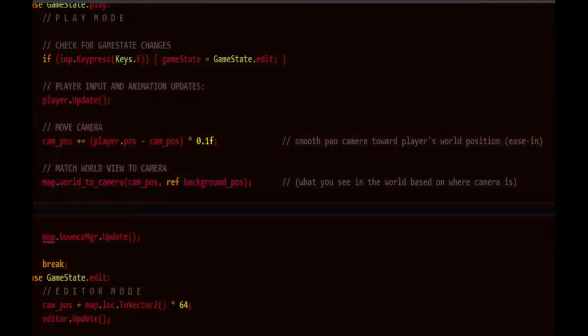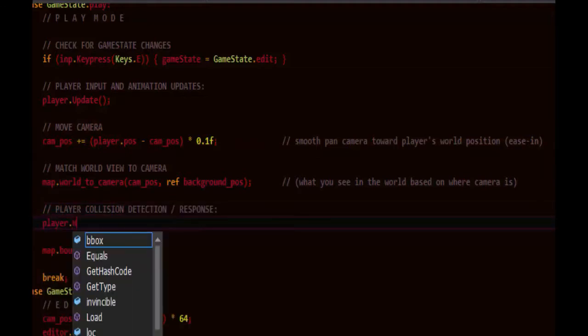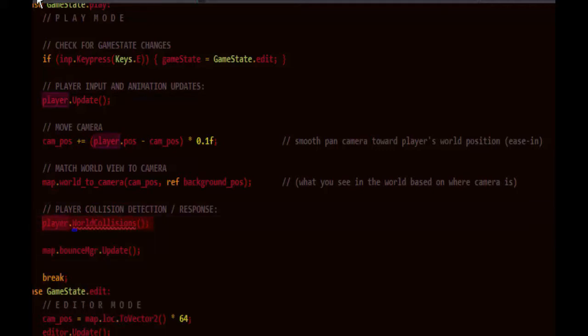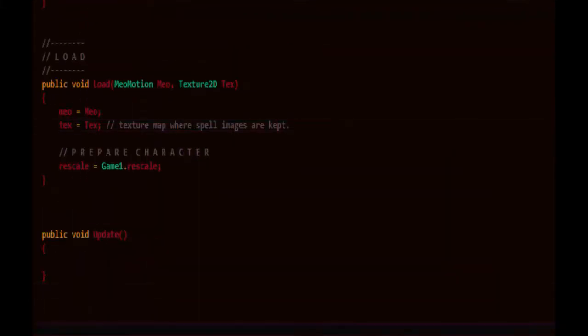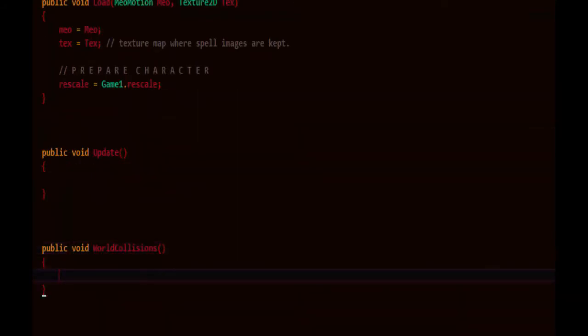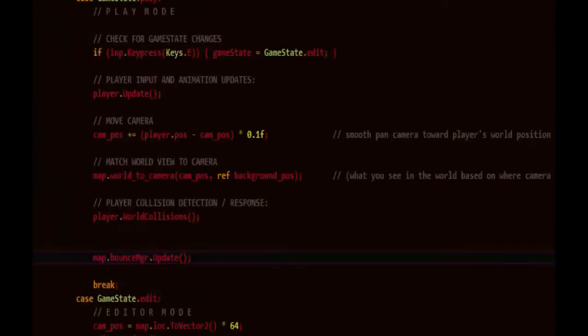Next, we take care of the collision detections. And those are world coordinate based, so we'll call it world collisions. Let's just copy this out of here. It doesn't exist yet. Go into player, public, void, world collisions. Starting here, we're actually setting all the actual animations. So anything that needs to be set, so